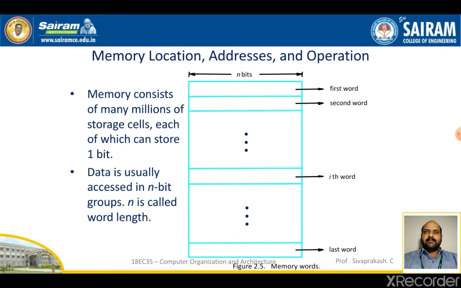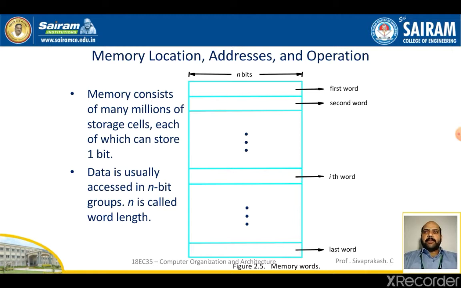The word length can vary from 8 bits to 64 bits. A unit of 8 bits is called a byte. Already you may be aware of that. Accessing the memory to store or retrieve a single item of information, maybe a word or byte, requires a distinct address for each item location. So it is compulsory to use numbers from 0 through 2 to the power of k minus 1 as the addresses of successive locations in the memory.